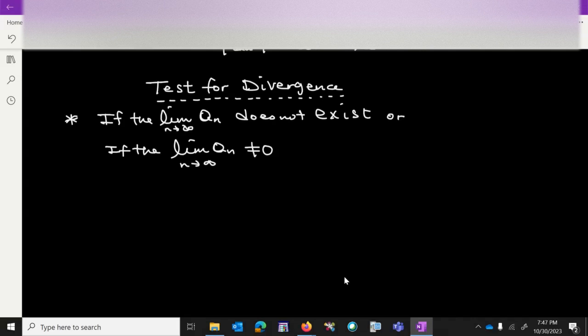If it doesn't exist, or if it exists but is different from 0, then